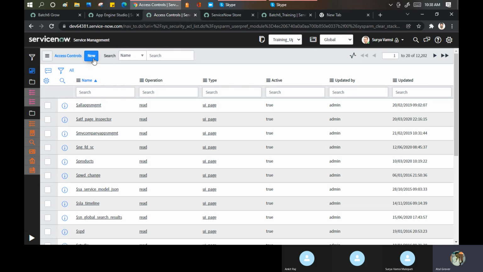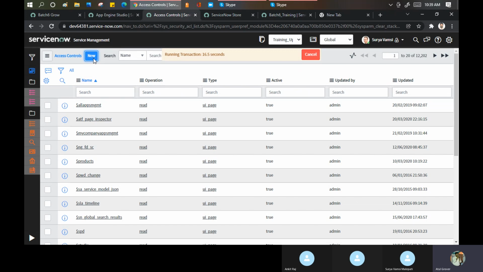Now, if I want to open an ACL, I don't want any user from batch 6 to be able to see the assignment group field on the change form.